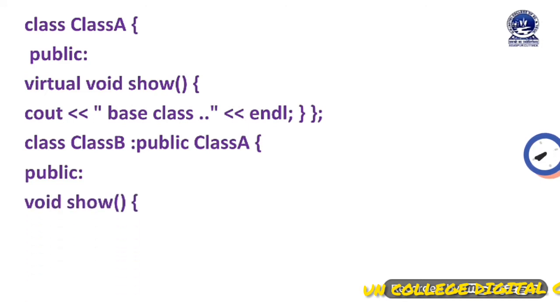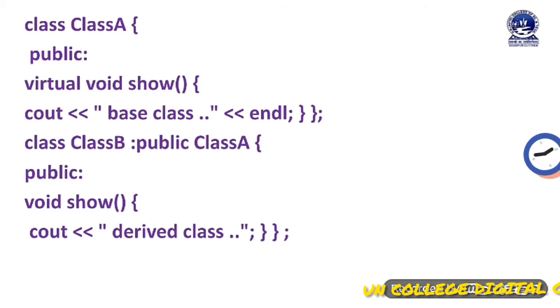You can see here that when we use the virtual keyword inside the base class, and we do not reuse the virtual keyword in the derived class, the system automatically understands that it is a virtual function. The virtual keyword is only used when defining the function in the base class, not when redefining the function in the derived class. Then in the show method of the derived class, I have used a very simple statement, that is cout derived class. That is all about the base class and derived class. It is all about inheritance.